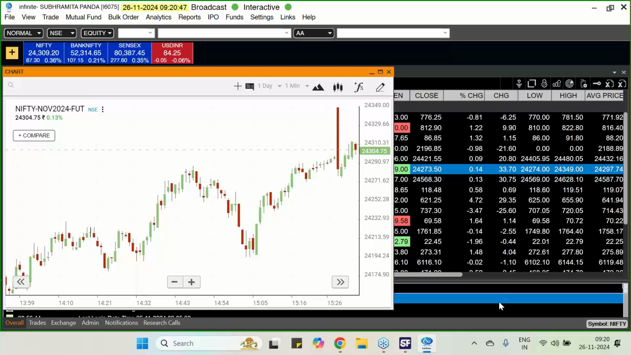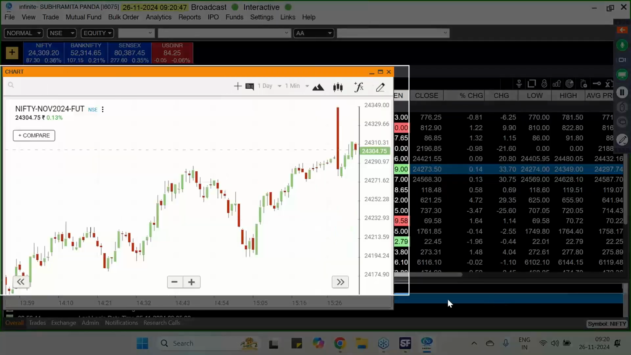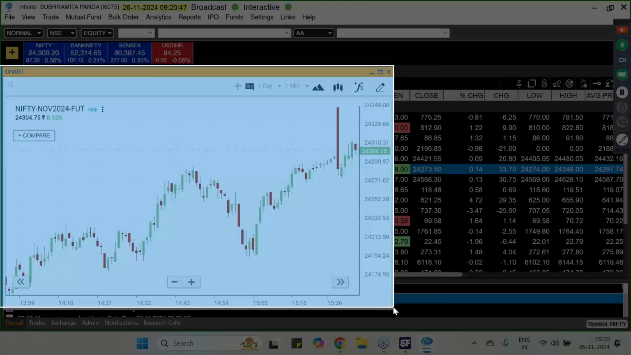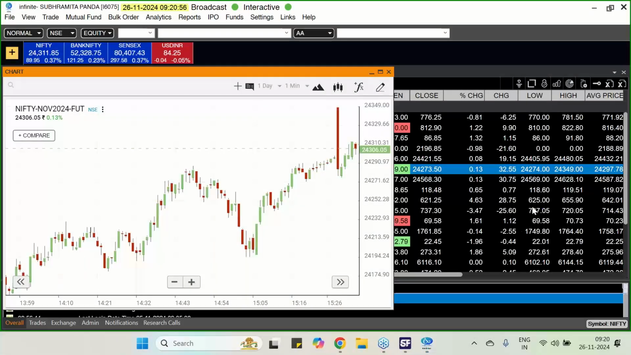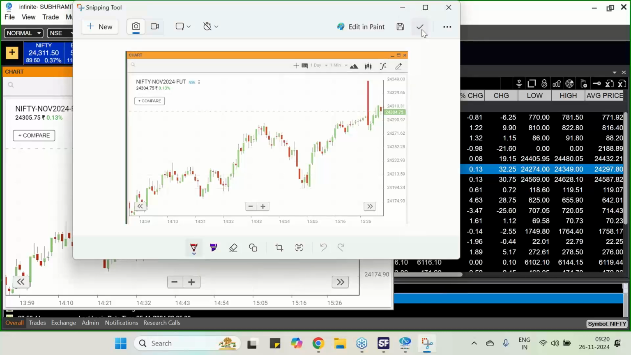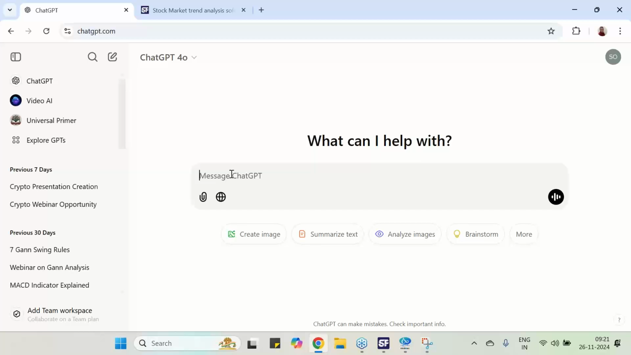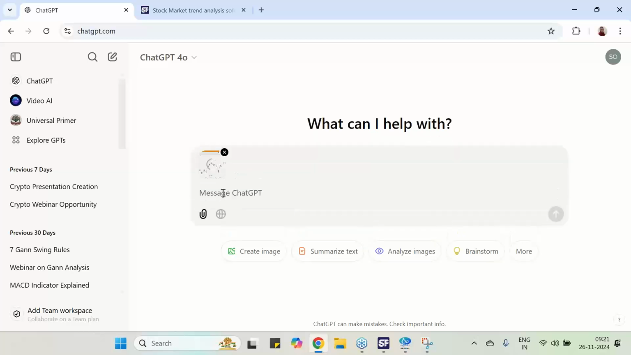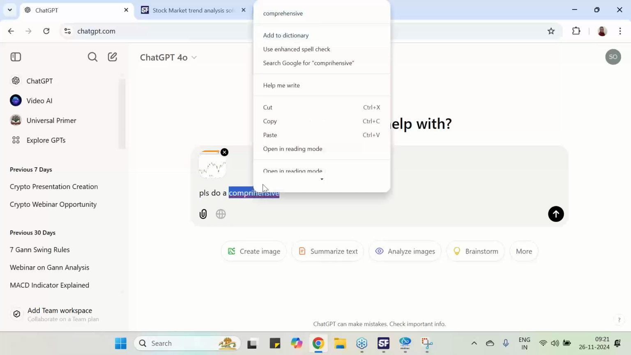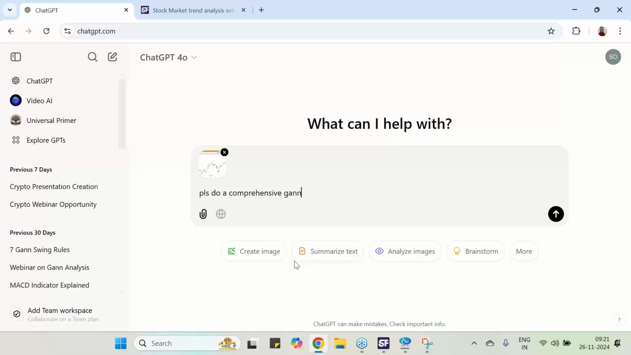I'll take a screen print of this chart, and the previous days' data will also go, because I have to give ChatGPT training first. This is known as training data. So I have taken the training data. I'll paste this data and ask ChatGPT, please do a comprehensive Gann angle analysis